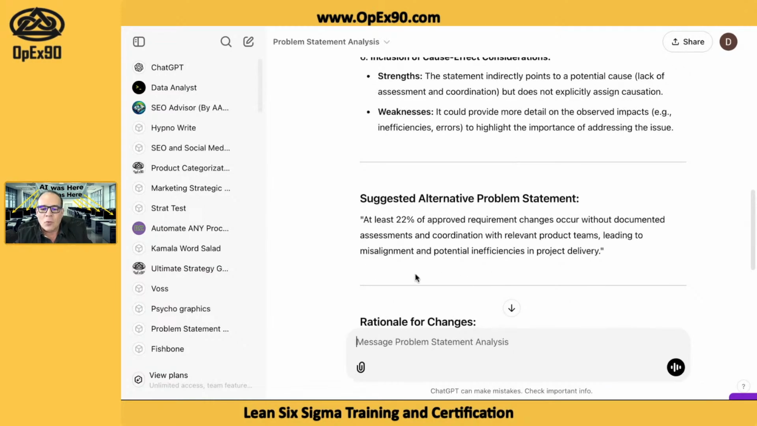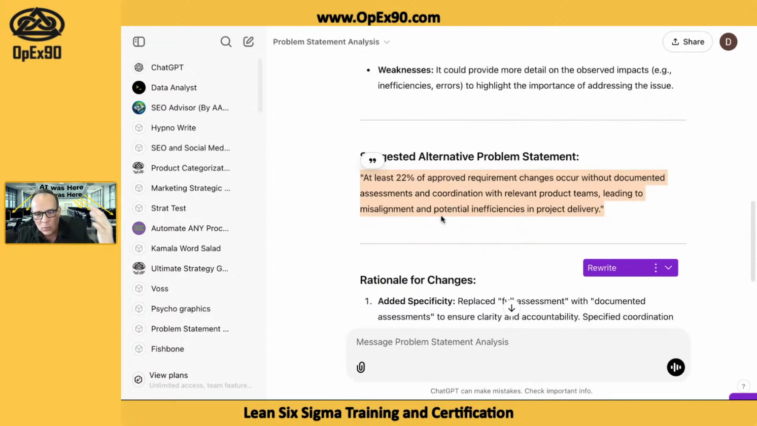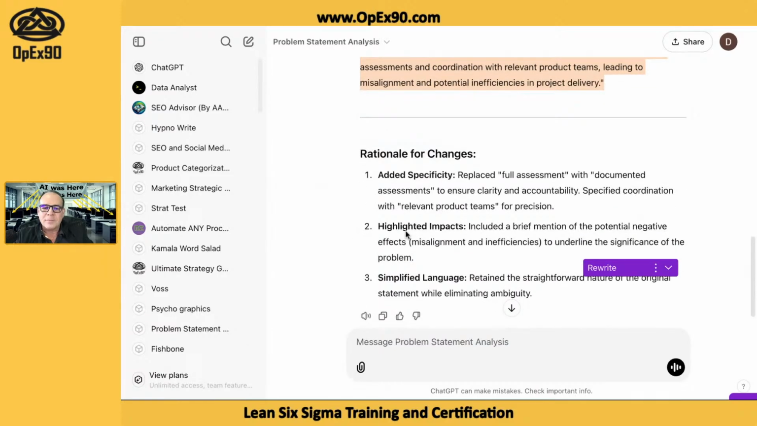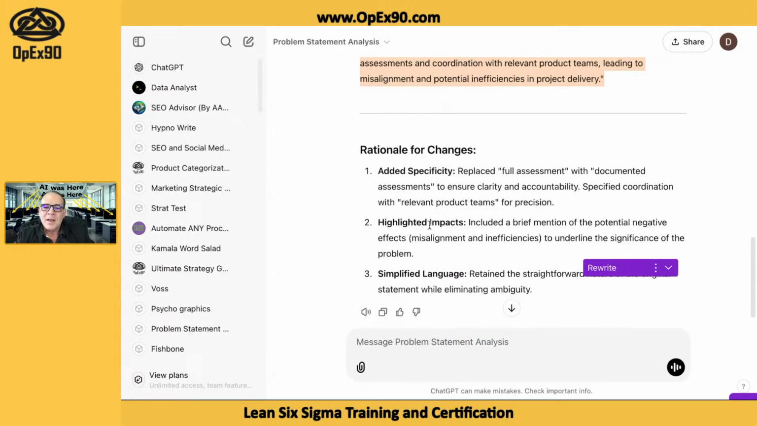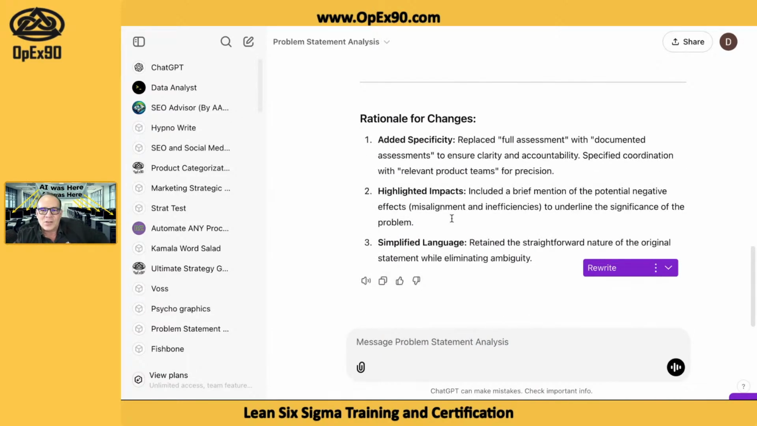And then here, of course, it made a recommendation for a new problem statement that we may or may not consider. We have to use a little organic override there, which is thinking about it. And then it has some rationale for changes. So you can't tell me that ChatGPT isn't a helpful tool. It's only as helpful as you are, right? It can do a lot of great things, but the clearer you are, the better off you're going to be